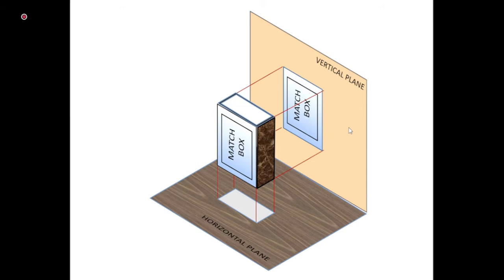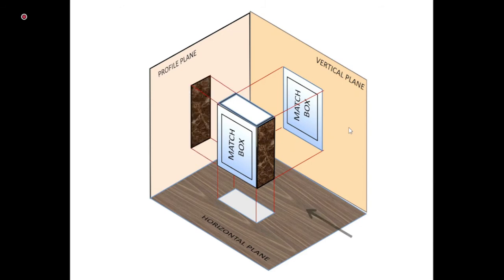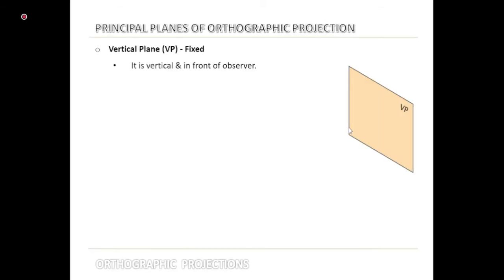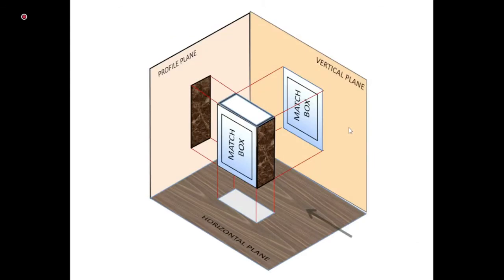Now, if I need further information, then I'm going to look at this matchbox either from the left side or from the right side. In this case, let me look from the right side of the matchbox. So if I look from the right side, once again, I'm going to see a rectangle, which I can trace like this. And this will be the complete picture of that marked matchbox on a two-dimensional sheet of paper over this